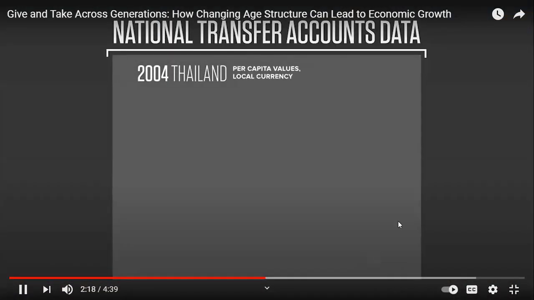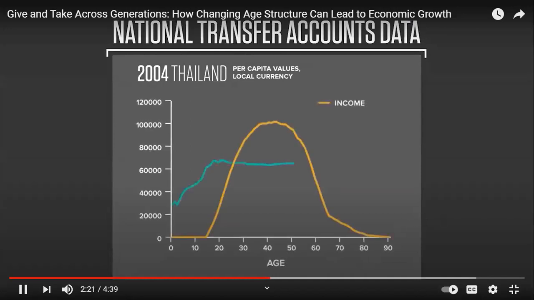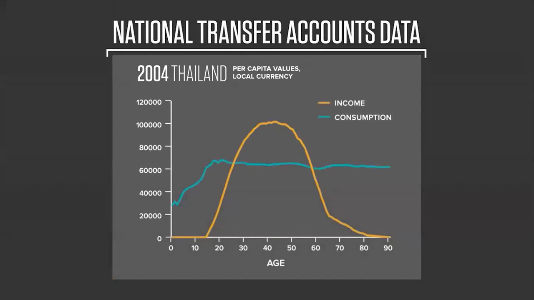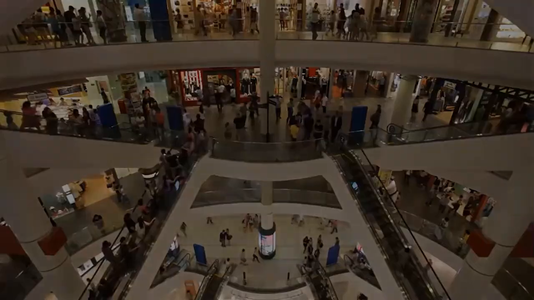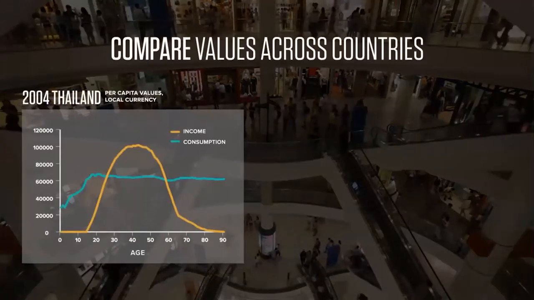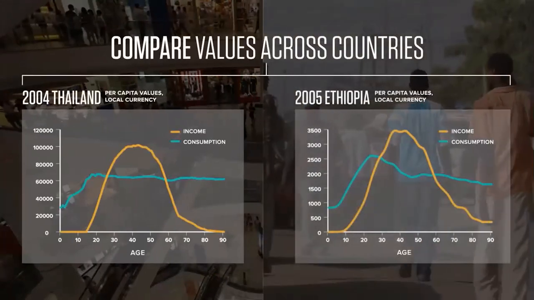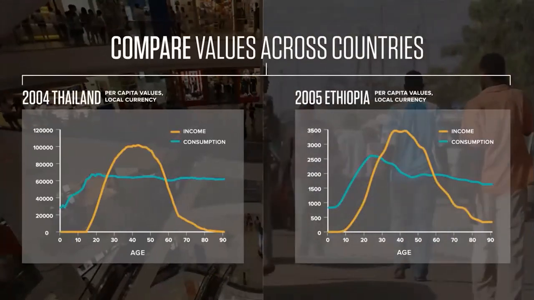The National Transfer Accounts data measure how labor, income, and consumption differ across age groups. Here, consumption includes services provided by the government. Using normalized or relative values, we can compare levels across countries. For both nations, an individual's income peaks between the ages of about 35 and 50. Children and the elderly consume more than they make. The working adults who make more than they consume support the rest of the population and are the drivers of